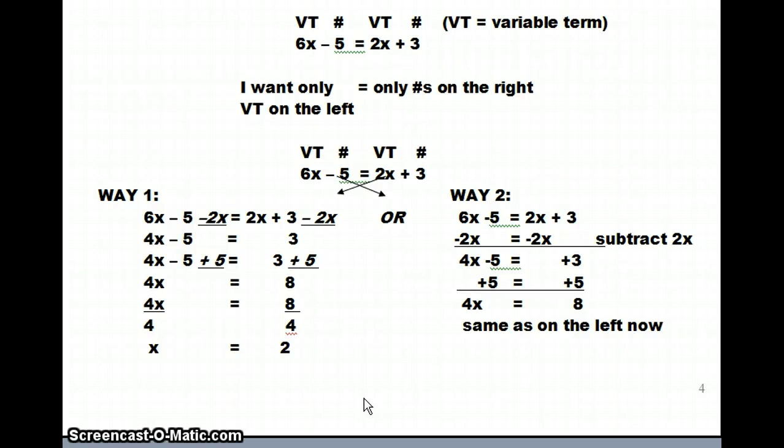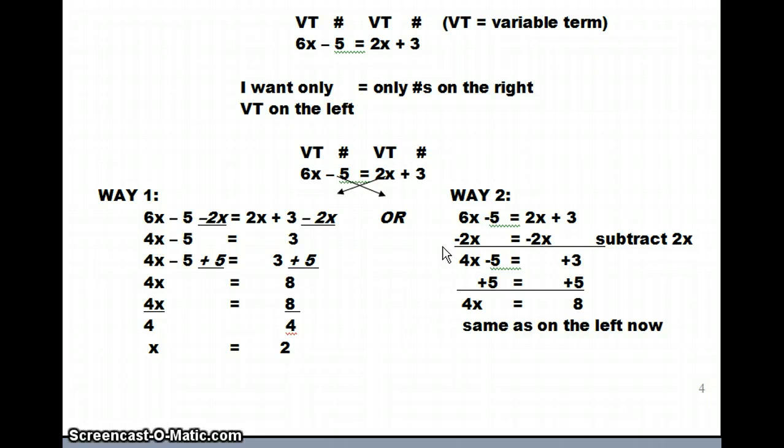The first way that I've labeled way 1 is where everything is worked out going straight across. I've underlined and put in italics the things that are moving or the things that are added or subtracted to each side. So it's easy to look at it and see what's been added or subtracted to each side. The second way is the way that I actually prefer to work the problem and go through. They're both the same exact way of doing it, but I think the way on the right is possibly a